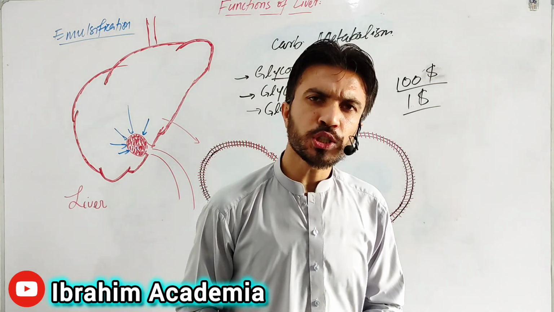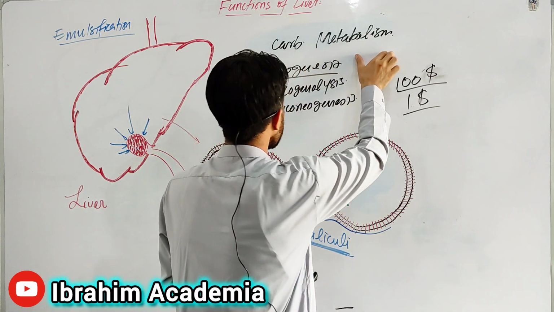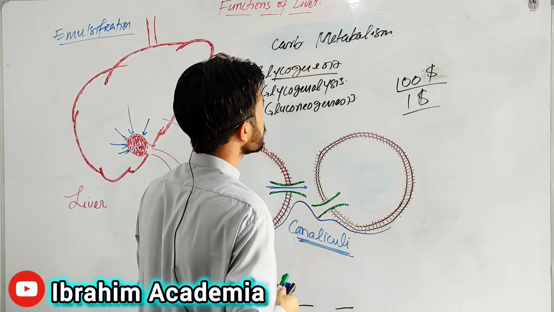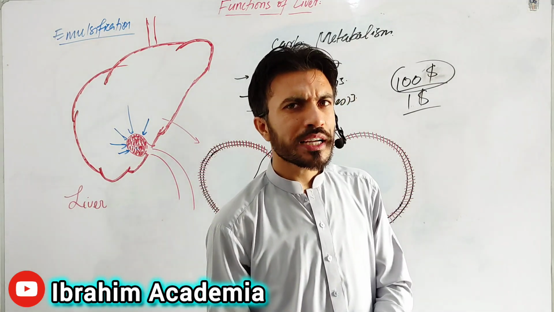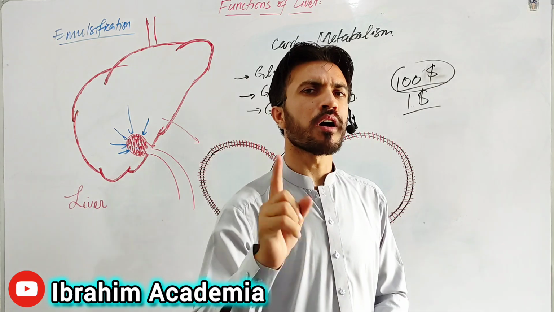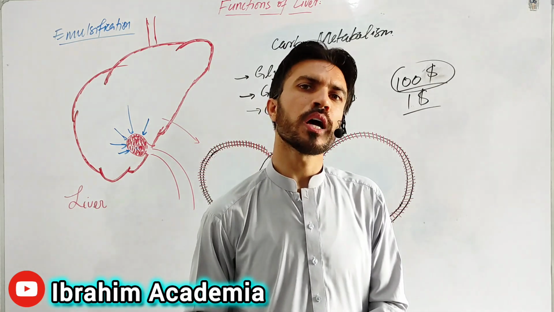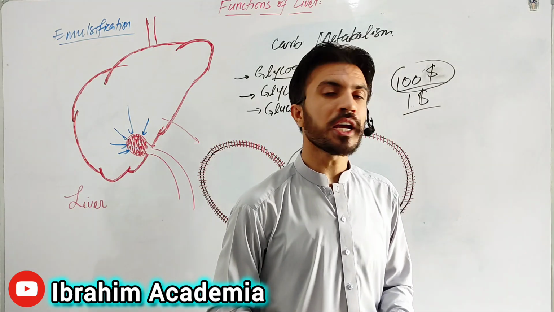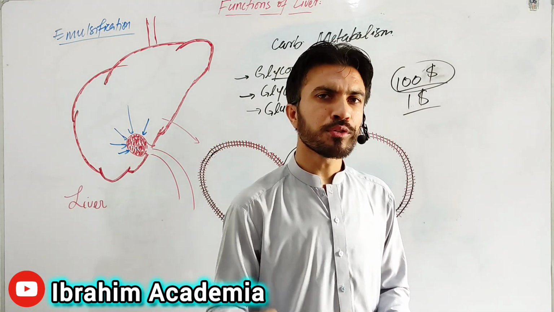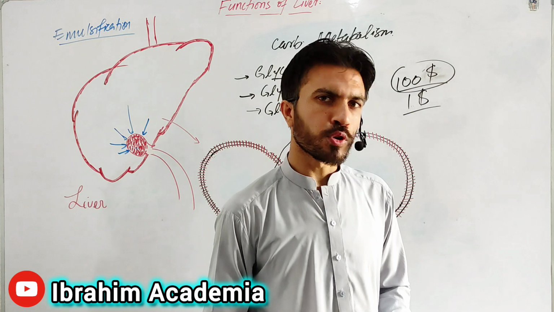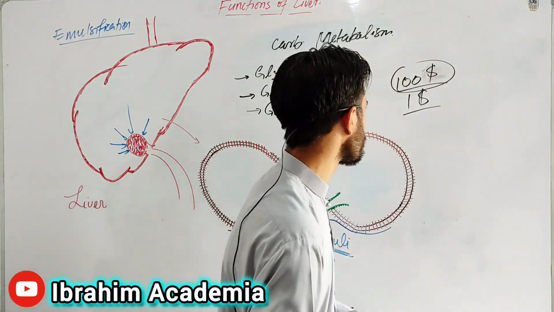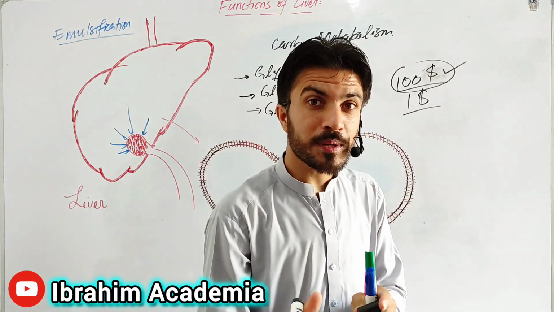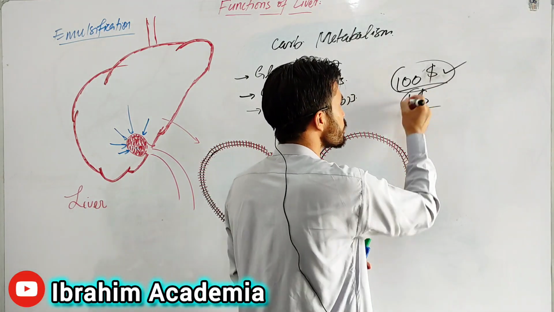Another very important function of the liver is called carbohydrate metabolism. In carbohydrate metabolism, there is one process which is called glycogenesis. What are glycogenesis and glycogenolysis? Let me give you a very simple example. You have a $100 note. On another side you have $1, and the shopkeeper who lives in your neighborhood can't take a $100 note. You have to give him $1 to purchase something, to purchase chocolates or other things. So the $100 note is for storage purposes, not for direct consumption. You can only consume $1.